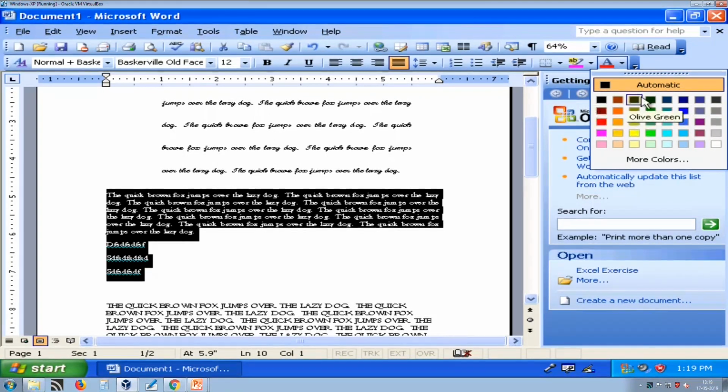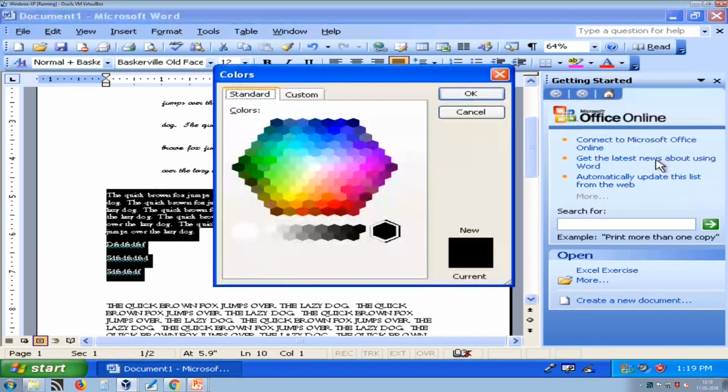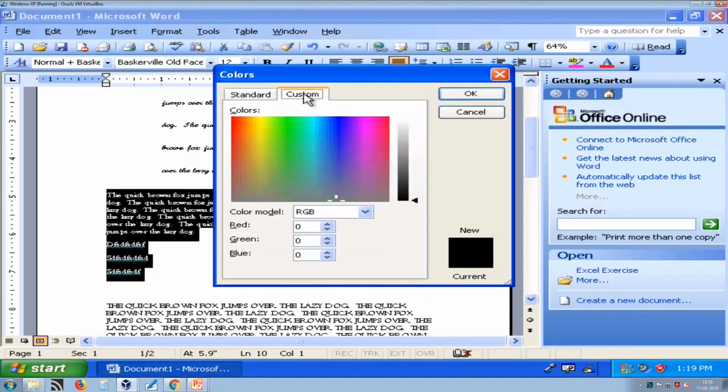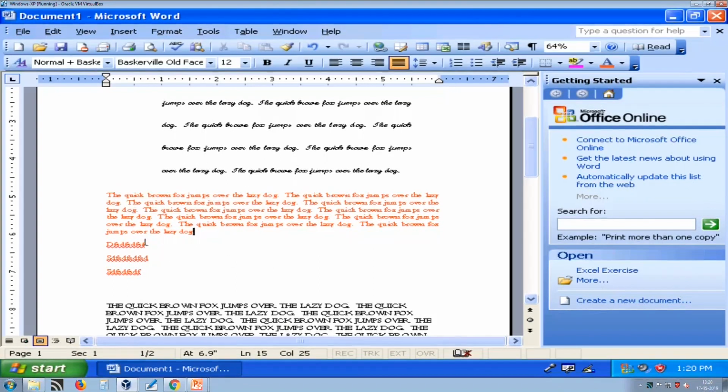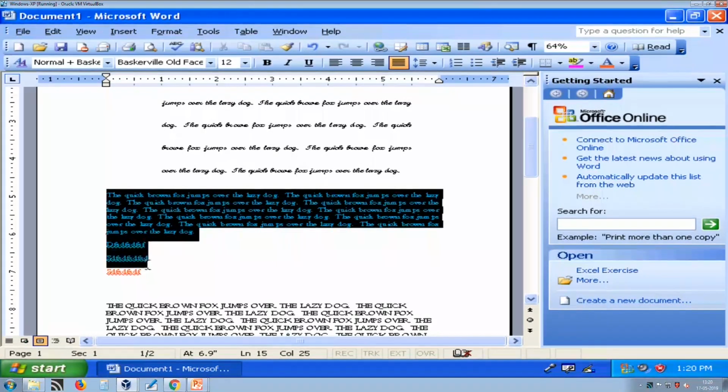Here you have predefined colors available, but suppose you want to choose your own color, then go to more color and this will open color dialog box. Here you can select many options from these, or you can have custom. For example, I want to use red, but light red. So, I can adjust this to have red. So, here is how your text looks like.